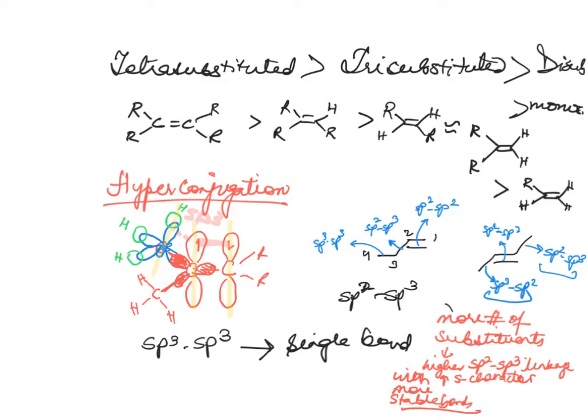So that's one. The other is hyperconjugation, where we are saying that the double bond is not just located